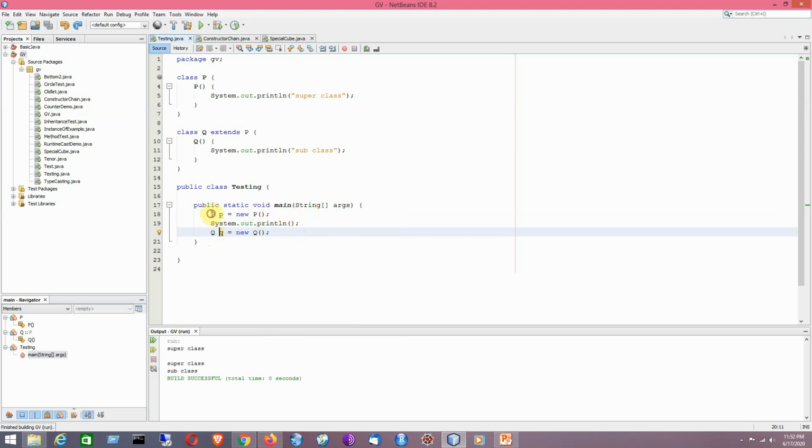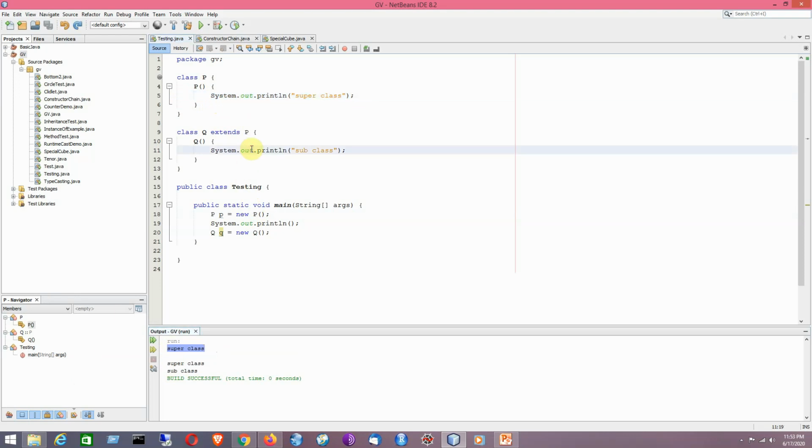First I have tried to create an object of the class P, which happens to be the superclass here. While it will be trying to create an object of the superclass, it will be printing this statement, because this is the only statement inside the superclass constructor. So while the object is created, the superclass constructor gets called and its corresponding SOP statement gets printed on the console. So that is the idea.